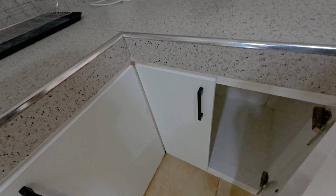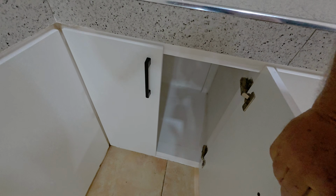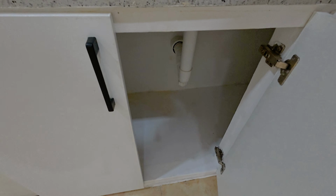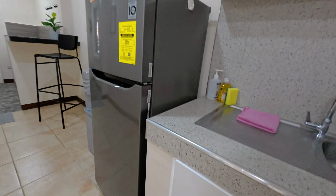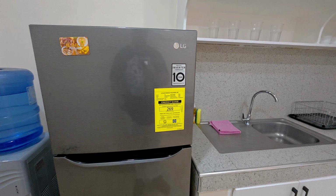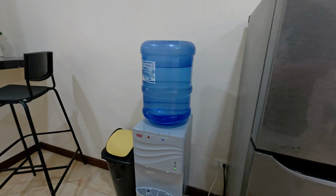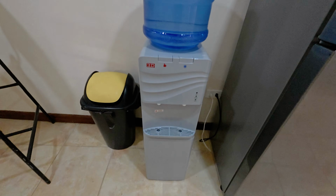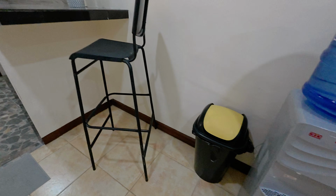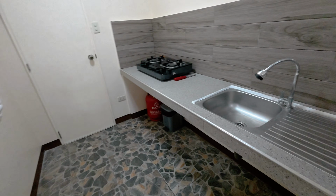And the underneath of this place is spotless. I mean, look how clean that is. And it's like that all the way around. I mean, look how clean that is in there. There's your refrigerator. It looks like it's a very new model. Pretty decent size. You got a water cooler, which does hot and cold water. There's a nice little touch with the bar there, and then you walk into the dirty kitchen with another big